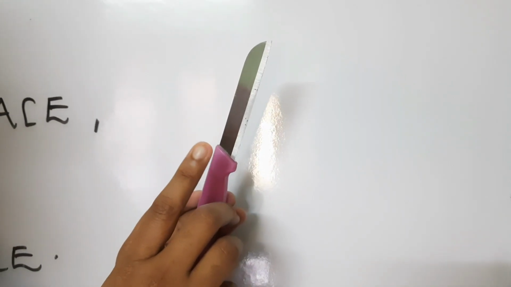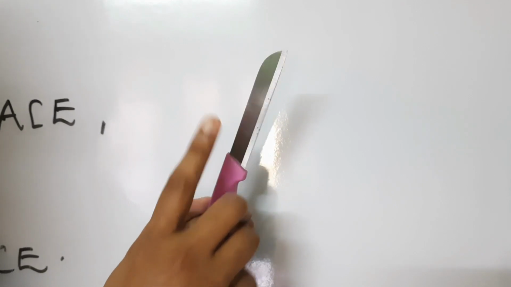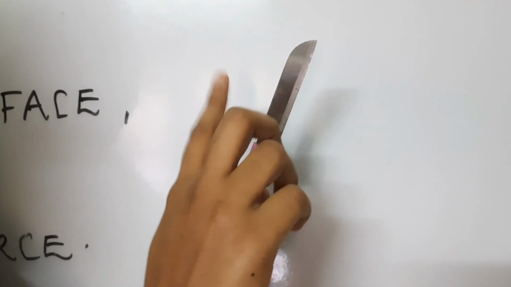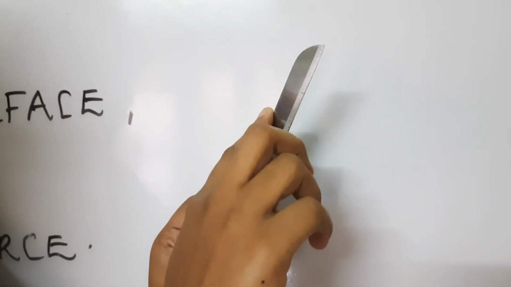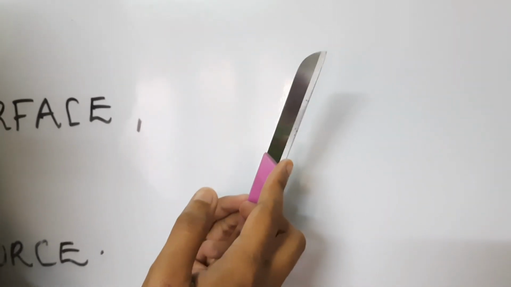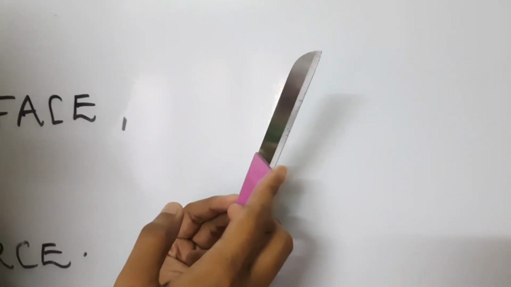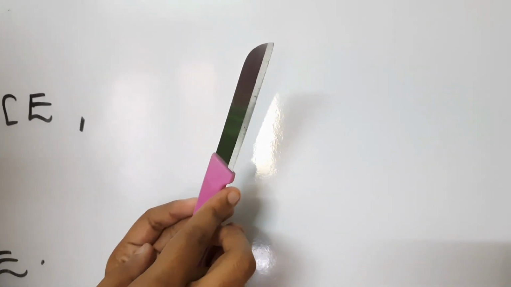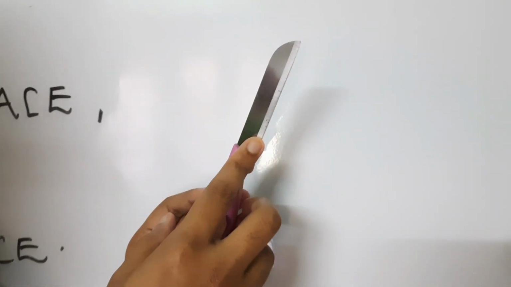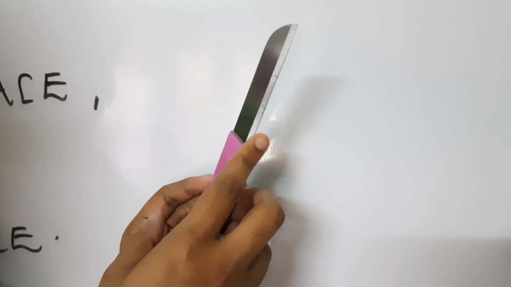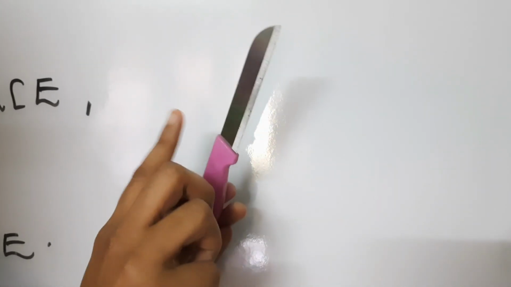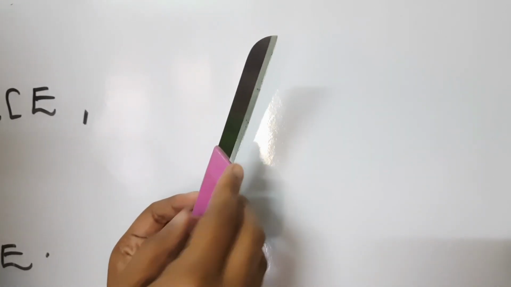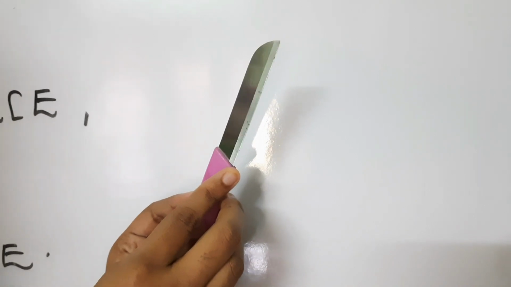The second example is that of a knife. A knife has two edges. One end is very sharp and the other end is a blunt area. This sharp edge we are using for cutting vegetables, fruits, etc. When we closely observe a knife, then we can understand that the sharp end has a smaller surface area than the blunt side. That is why the sharp edge exerts more pressure on objects.